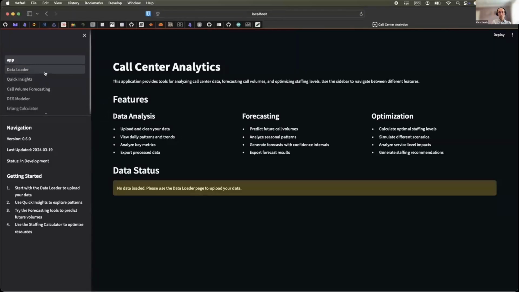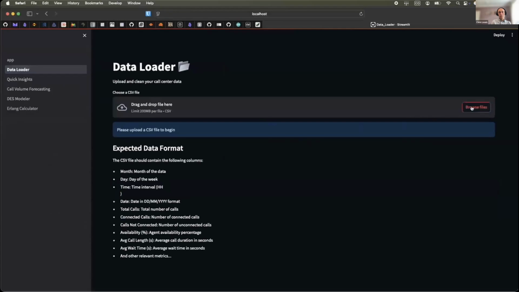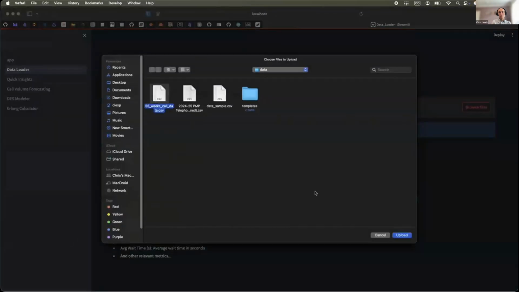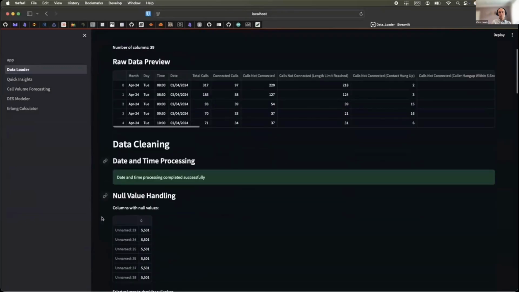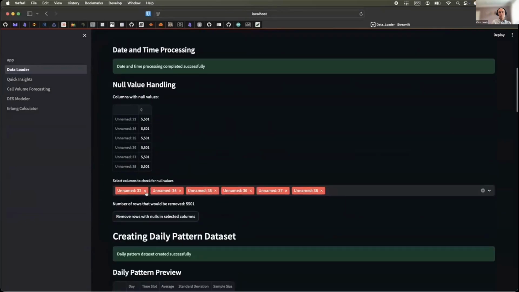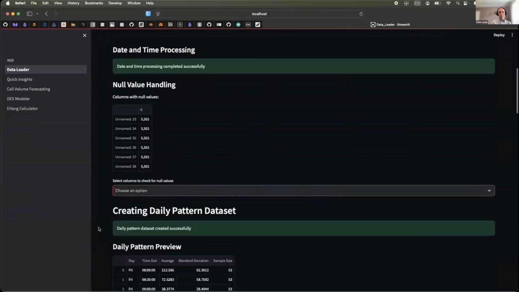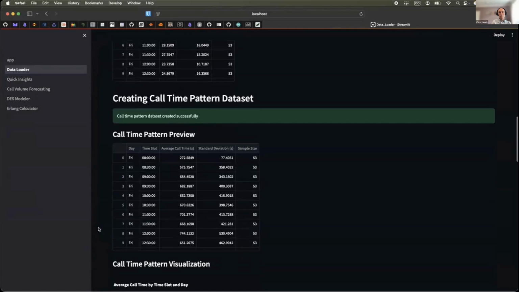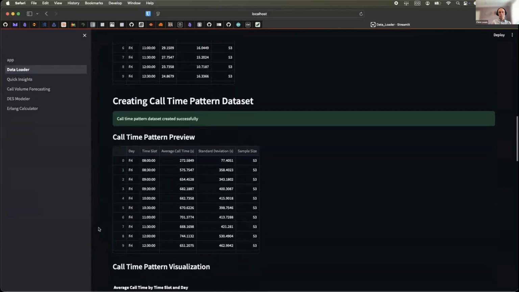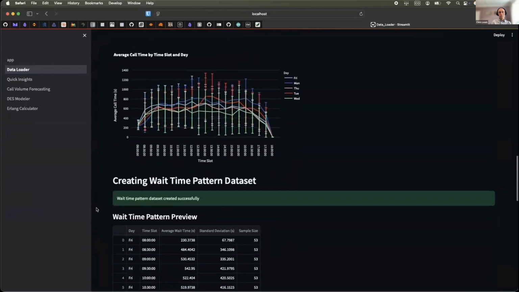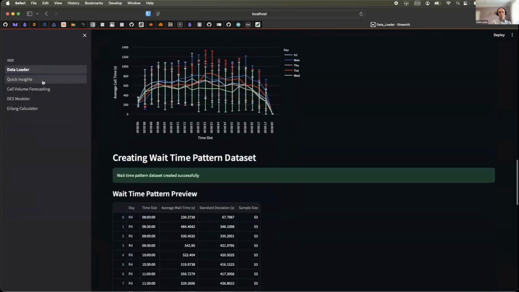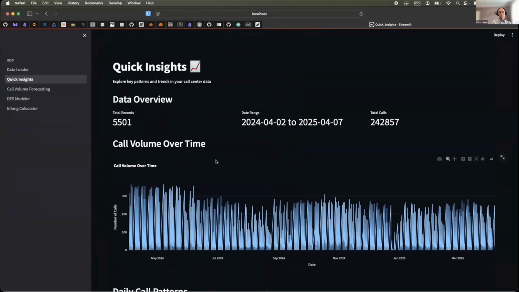So where are we now with our app? Well, we have a web app where we can upload some data, we can represent the data, and we can clear blank columns in the data. We can summarize it to get mean and standard deviations for call times, call durations and waiting times.